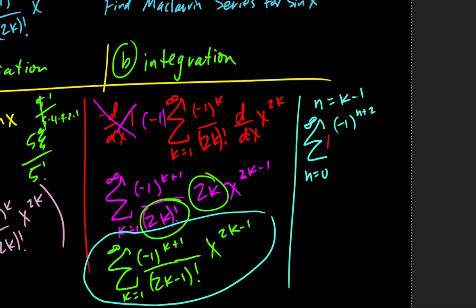Another way we could think of that is k, if we just add 1 over to it, is n plus 1. And so n plus 1 would be n plus 2. Okay, on the bottom, once again, k is n plus 1. So we get 2 n plus 1 minus 1 factorial. Then we get x to the 2 n plus 1 minus 1. And then if we simplify all of that,